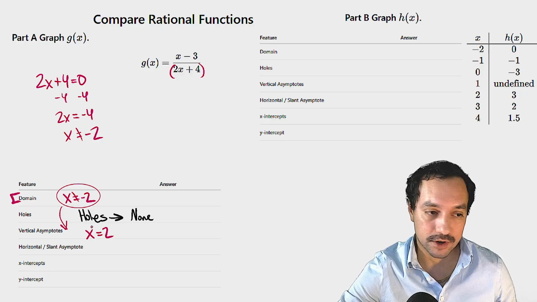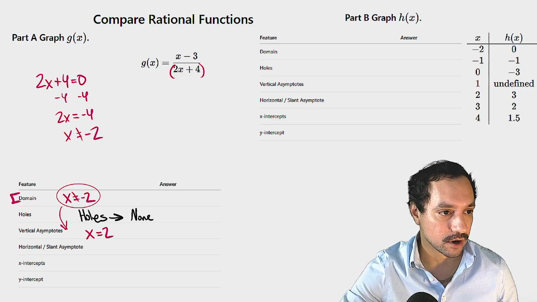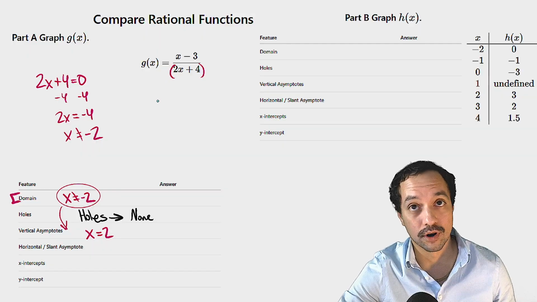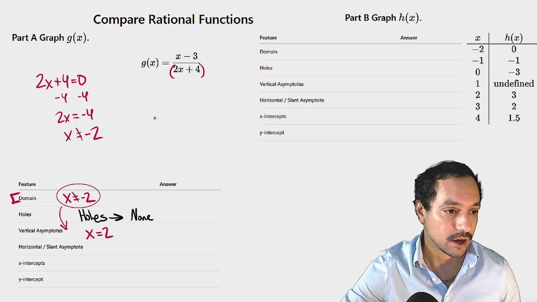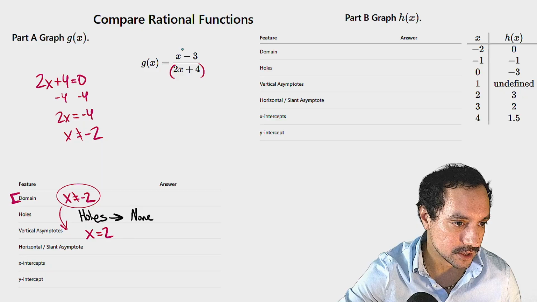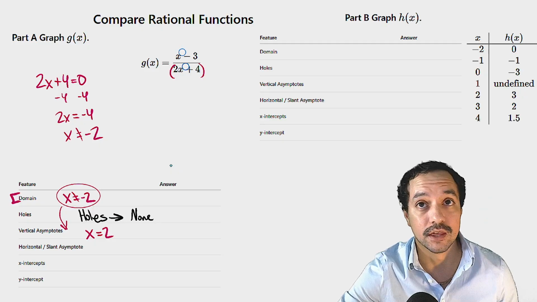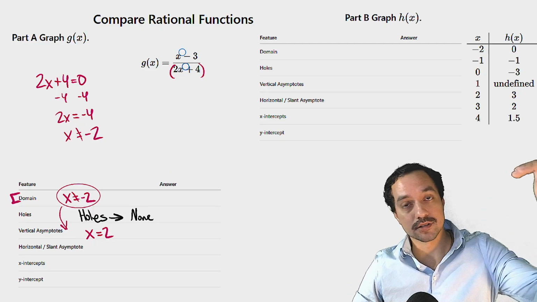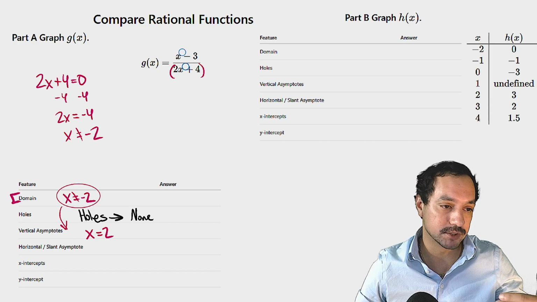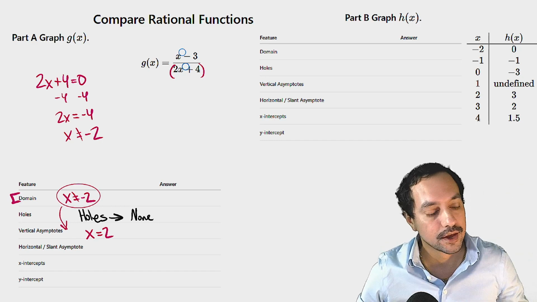For our horizontal asymptote, there are 3 cases. We like to look at the degree of the numerator and the degree of the denominator. In this case, we have a linear on top as well as a linear on the bottom. So degree 1, degree 1. And